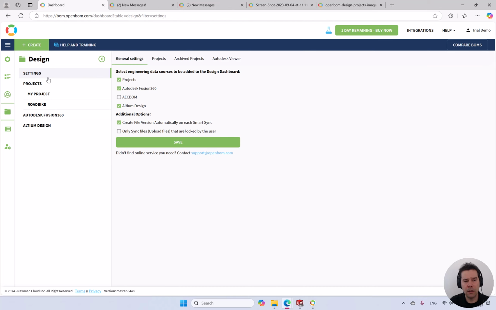If you go into settings, you have a new setting to only sync files that are locked by the user. The default behavior is that you can still sync other files that are not locked, just to enhance collaboration and have more agile uploads. But you can, as admin, prevent that, so that only the files that are locked are the ones that you can actually